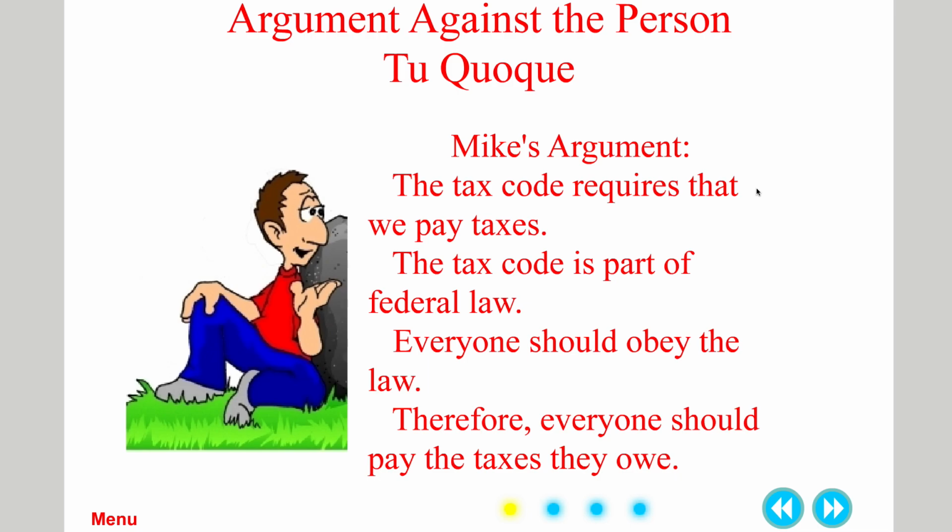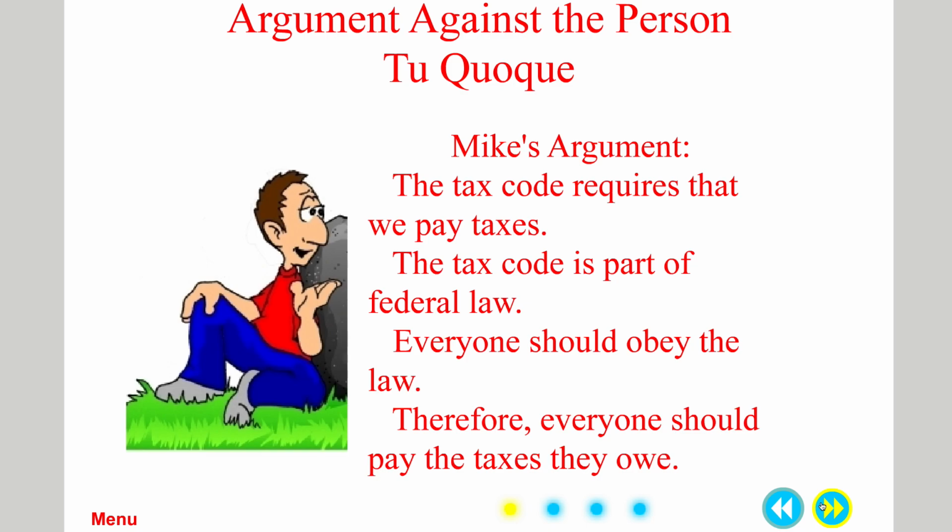The tax code requires that we pay taxes. That is indeed true. The tax code is part of the federal law. That is true. This one, everyone should obey the law, we might want to argue about, given the civil rights movement and so on. There are times when we might want to say that people shouldn't obey the law. But in general, everyone should obey the law. Therefore, everyone should pay the taxes that they owe. Okay? And so this is a straightforward, valid,